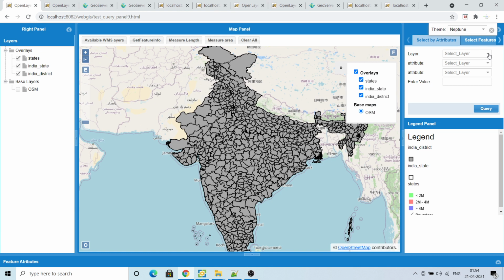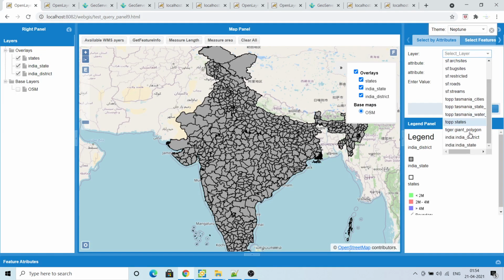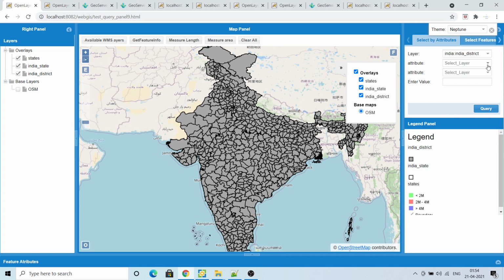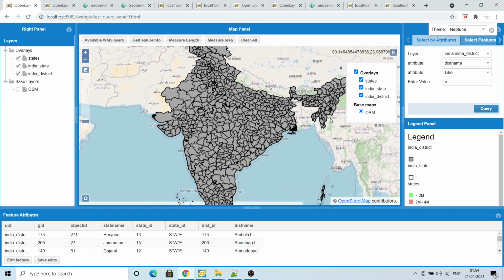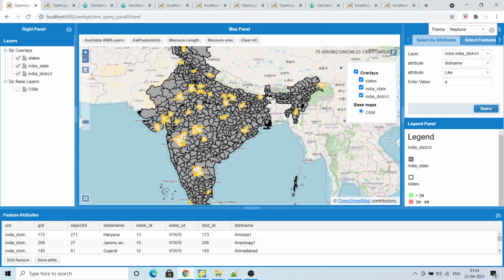Suppose I select India district based on the GID or maybe district name like A. All the features starting with the name A will come. So I'll select this, and it will highlight here.